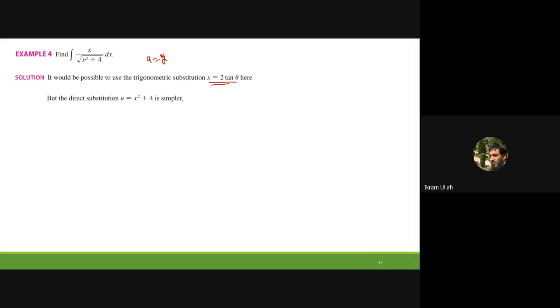So let us put x square plus 4 is equal to u, then the differential of this one, du, is equal to 2x dx, and now the integral of this one is 1 by 2 and this is x dx. So from here, the dx we have, here x dx is there, here x dx is there. So from here this implies that